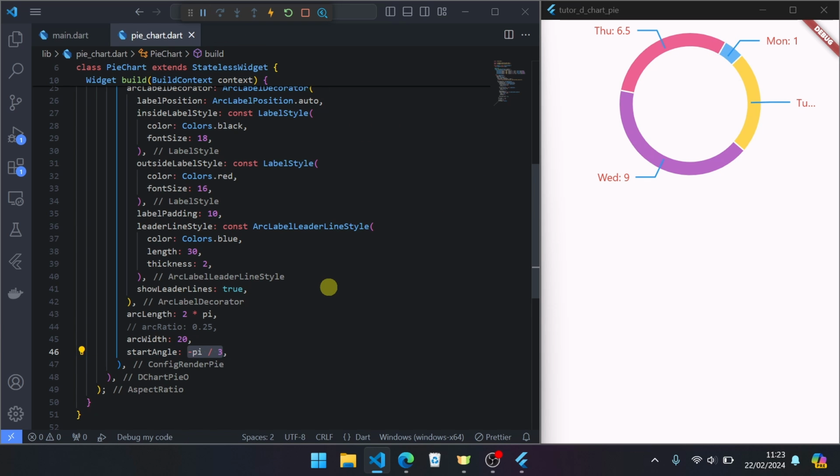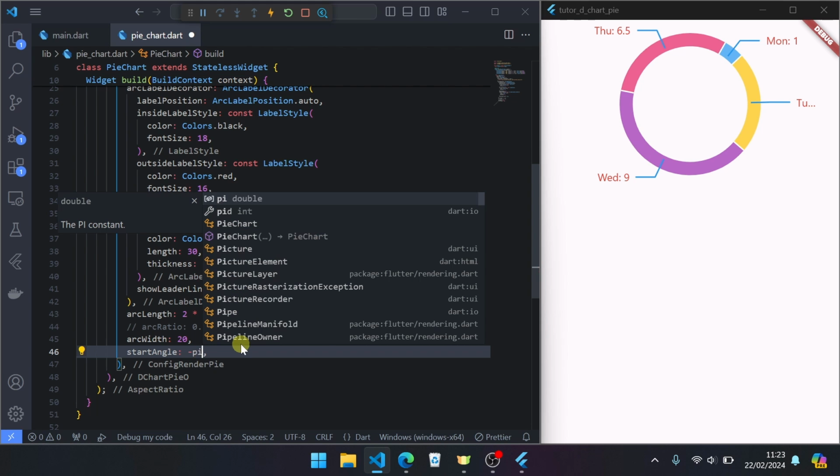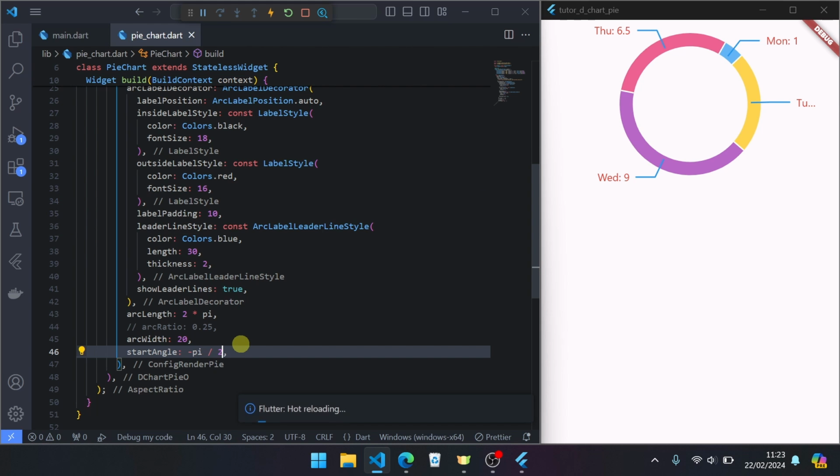So to check the position of the start angle you use radians. You can use a fixed number like blah blah blah, but you have to have knowledge about radians.